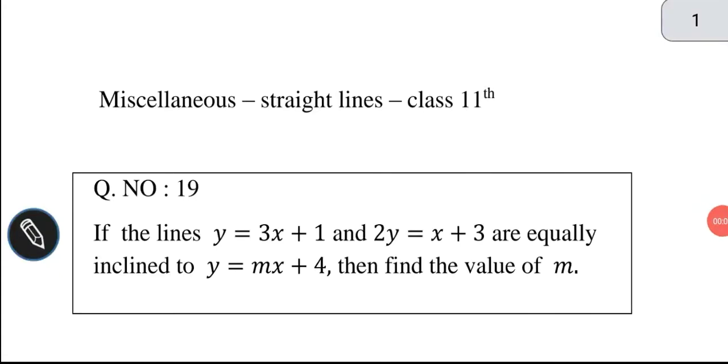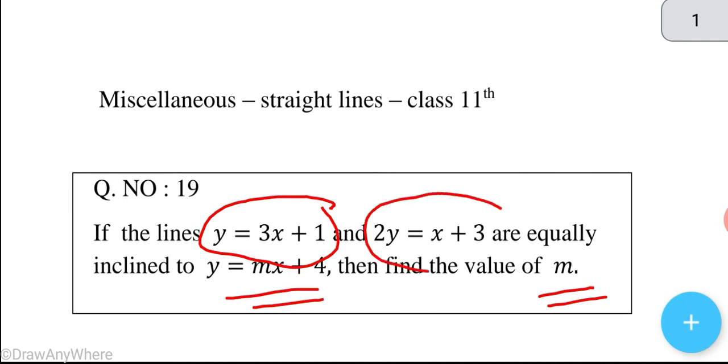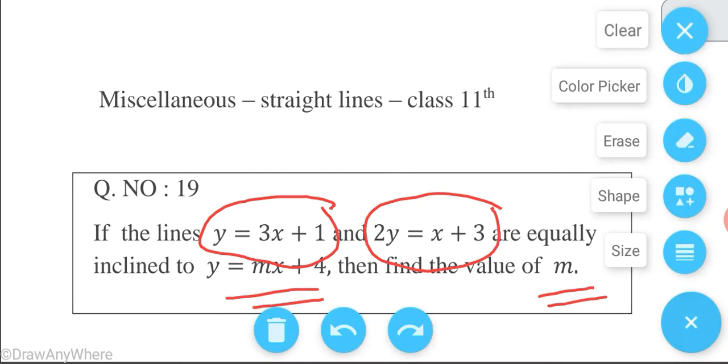If the lines y equal to 3x plus 1 and 2y equal to x plus 3 are equally inclined to y equal to mx plus 4, then find the value of m. Okay. If the lines y equal to 3x plus 1 and 2y equal to x plus 3 are equally inclined to the line y equal to mx plus 4, which means